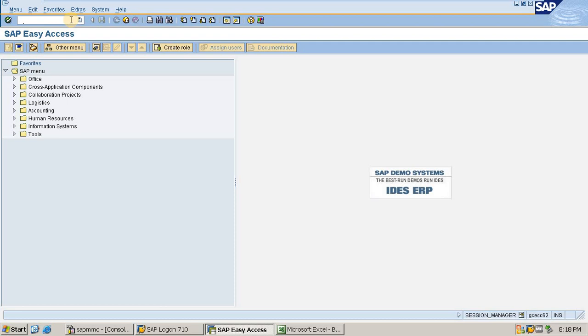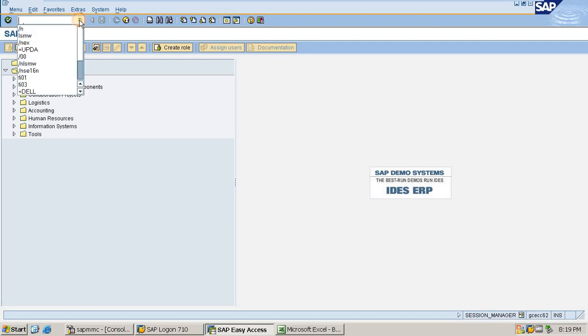Like we can post FB50, I mean normal JV, vendor invoice, customer invoice by using LSMW, or we can create master data like GL master data, bank key master data, vendor master data, customer master data as well. So this is the purpose of the LSMW tool.